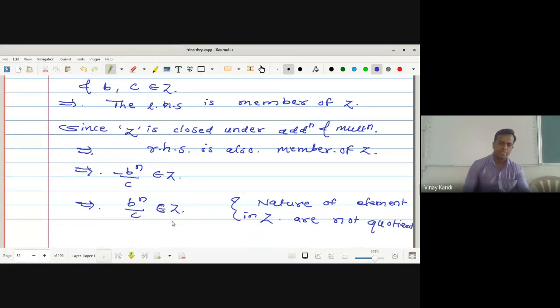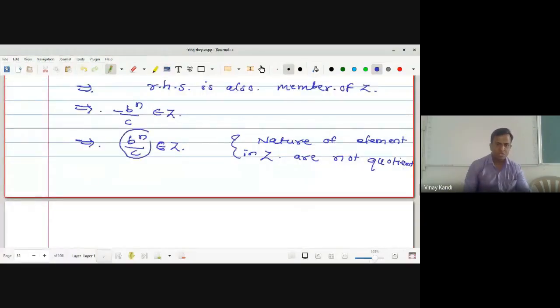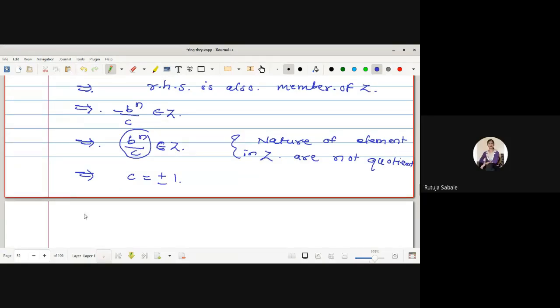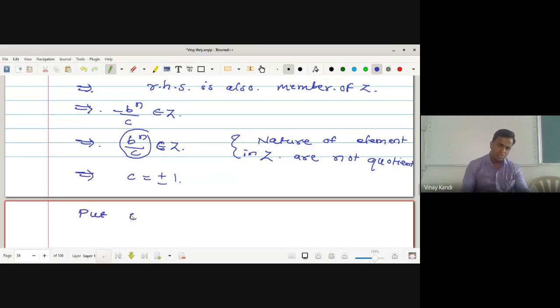Okay, it is not the quotient, म्हणजे हा तुमचा quotient नसेल. Quotient नसेल म्हणजे काय असेल मग? That implies c is equal to, what is the value of c then, plus or minus 1. Okay, any doubt up to here? No, sir. Now put this value of c